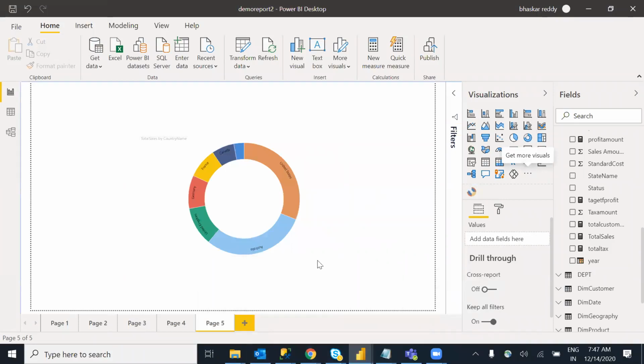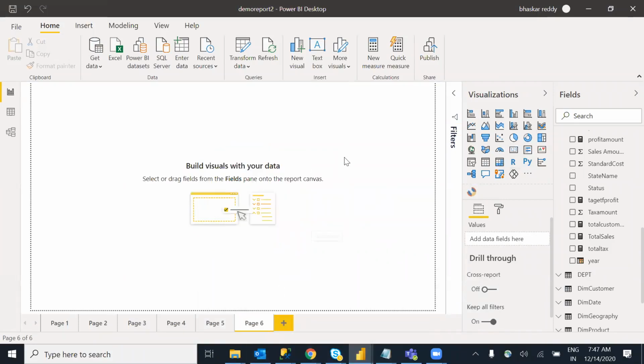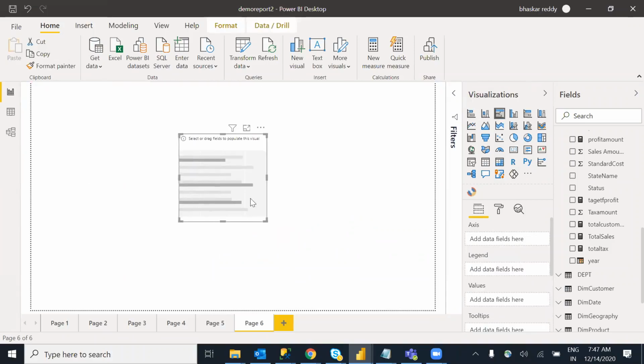We have a bar graph and any kind of thing. Only one side will be displayed over here. If you take this one, only one side: sales amount country wise. On the opposite side, I want to display the profit. I want two-way bars. On one side I want the sales amount, and on the reverse side I want to show the profit for each country. Such a kind of chart I also want.